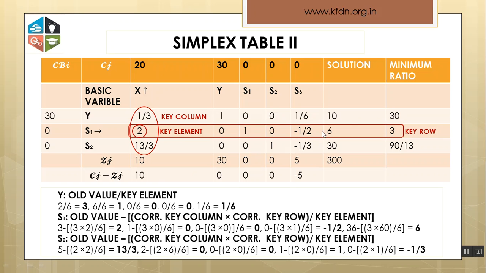Now the solution comes as the same. Old value was 60, which was divided by 6, which equals 10. Now for S1 and S2, since S1 and S2 are the existing variables which existed earlier in this table, we have a different formula for the existing variables, which is old value minus corresponding key column into corresponding key row divided by key element, which is,